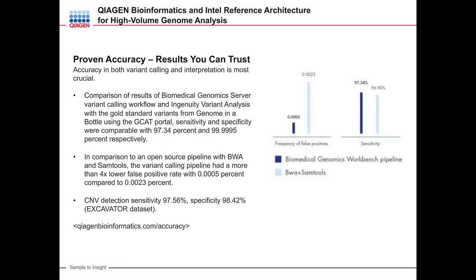And we also have made accuracy benchmarks on copy number variation detection, and come up with some really promising accuracy numbers. So by that, I would like to move on to Michael McManus from Intel, who is going to present some of these interesting reference architectures that we propose for different scenarios.